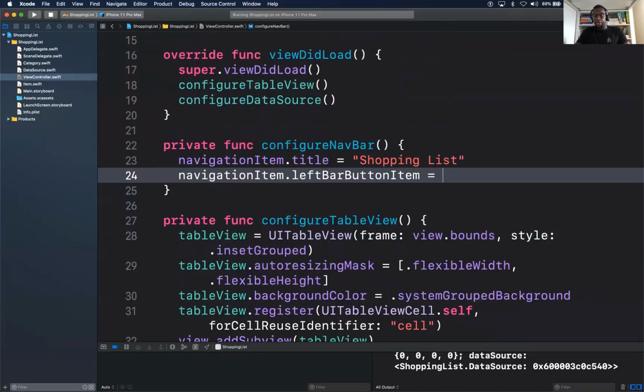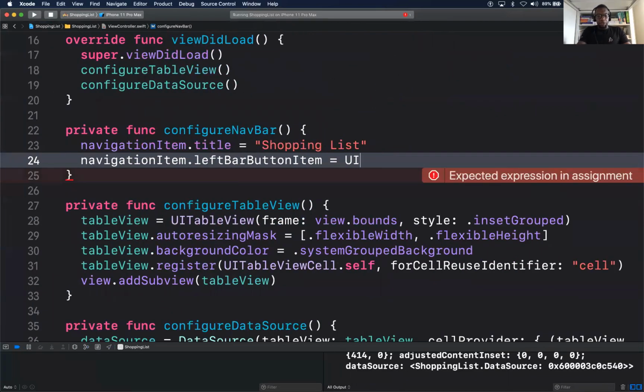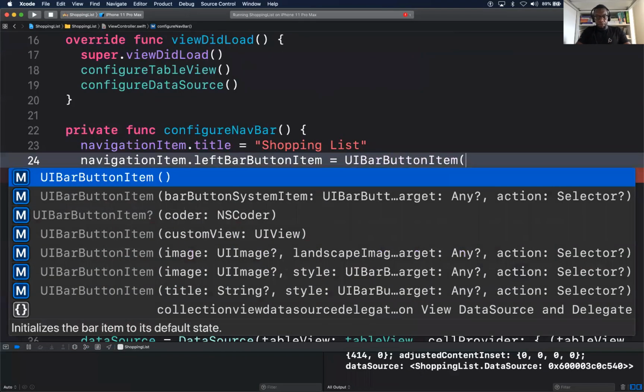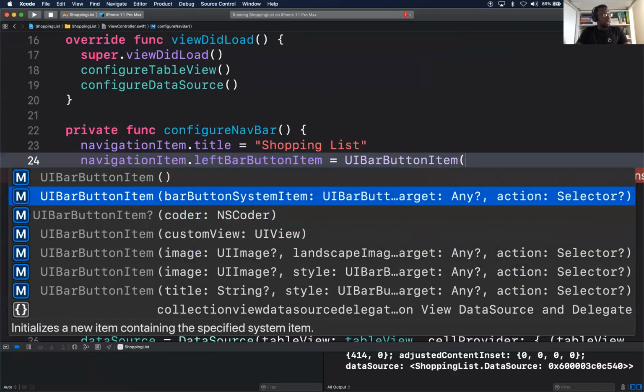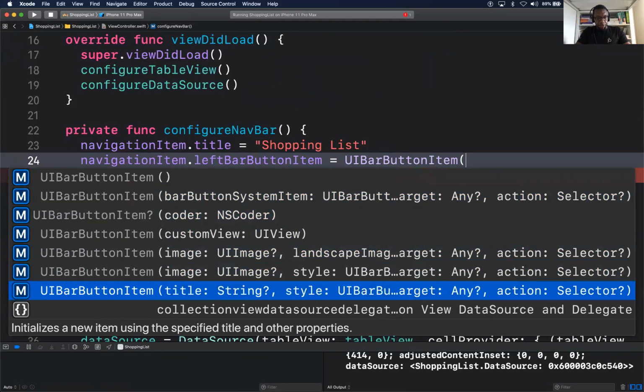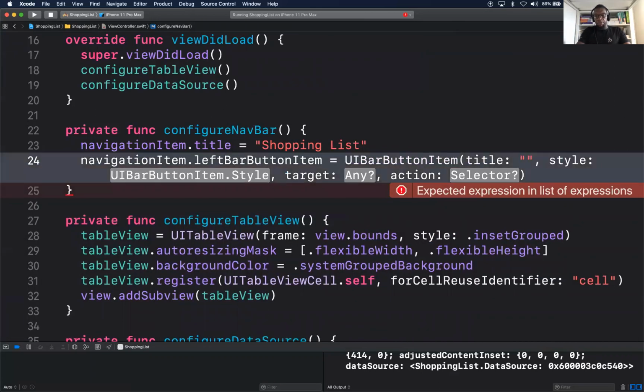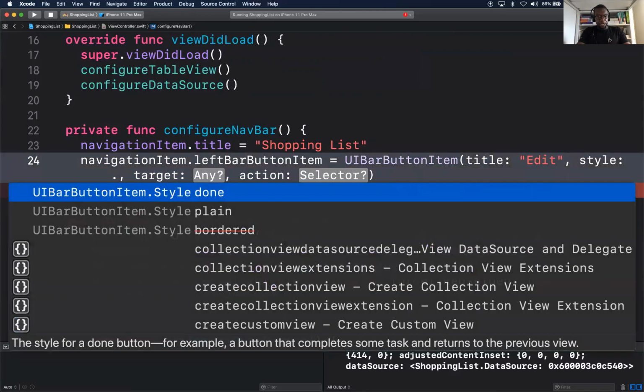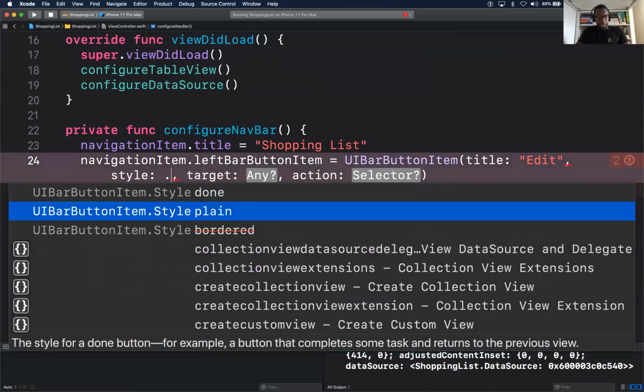So here, let me get some more space going. UIBarButtonItem with title. Select the initializer with title, right? UIBarButtonItem with title. So for the title, we'll simply say Edit. Style is plain.